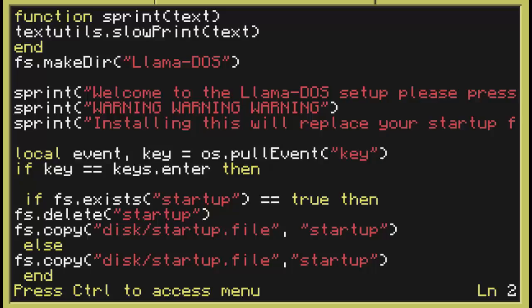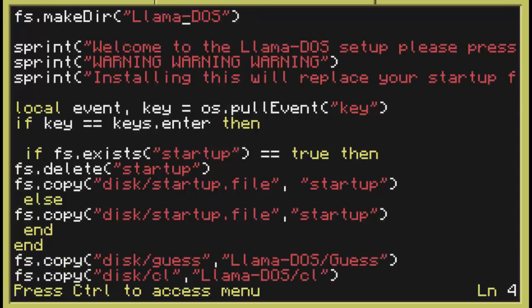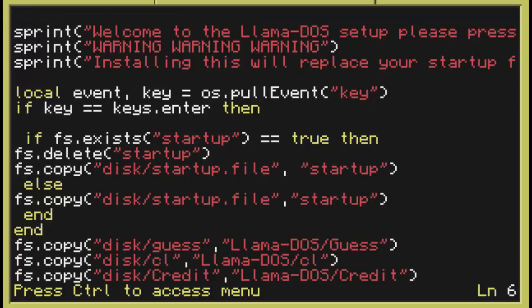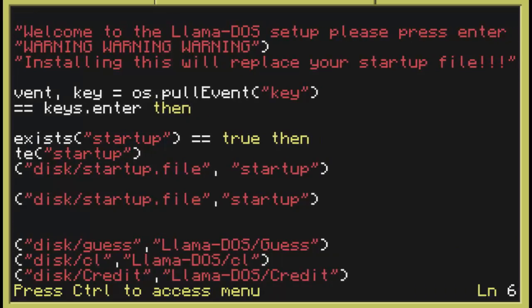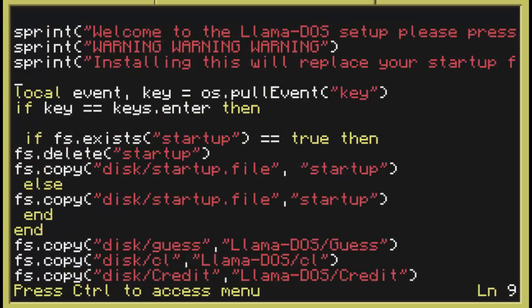So I did the function sprint again. fs.makeDir, so this just makes a folder, and it's named Llama DOS. Slowly print "Welcome to Llama DOS setup, please press enter to continue." And I just noticed there's a double space there. And then I have warning, warning, warning. This will replace your startup file. Local event, key, os.pullEvent. If key equals enter, then